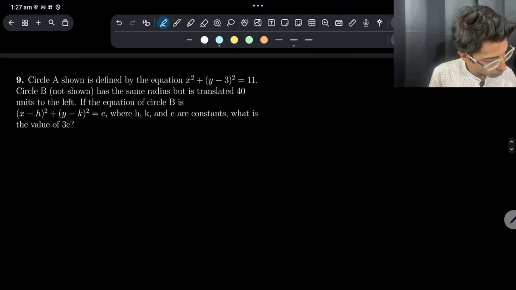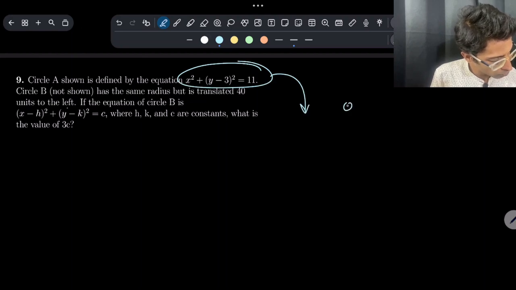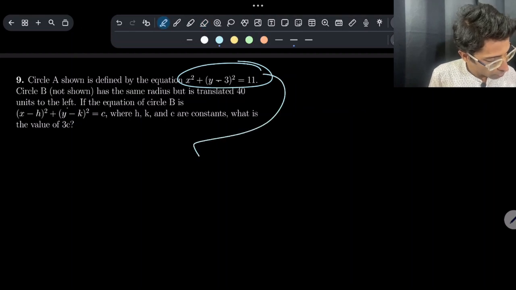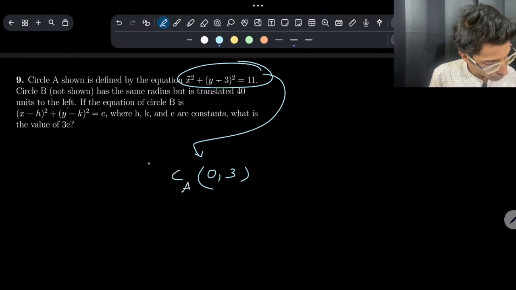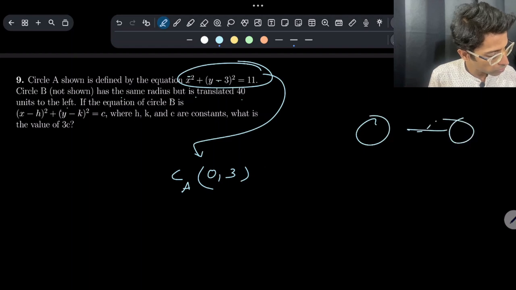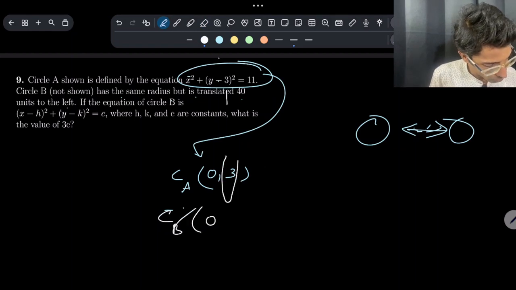Let's quickly go to the next problem because we are in exam mode. Please remember that. Circle A is shown, defined by this equation. Circle B is not shown, has the same radius, but is translated 40 units to the left. So let me quickly write down the center of the circle, which is (0, 3). You just need to flip the signs here. This is the center of circle A. Circle B has the same radius but is translated 40 units to the left. Left or right translation only changes the x-axis. So circle B comes out to be